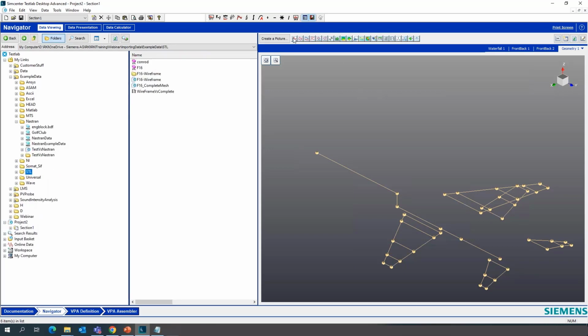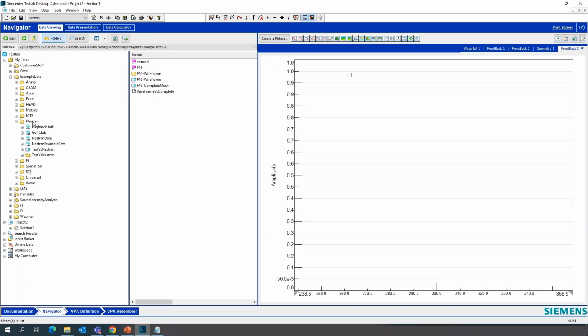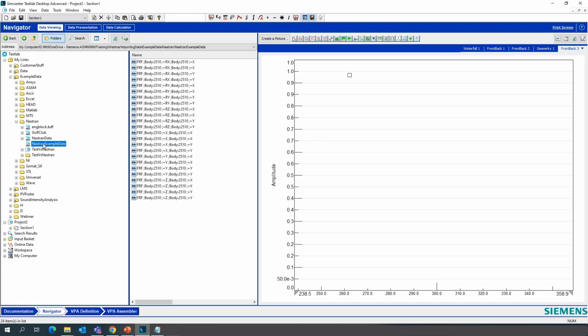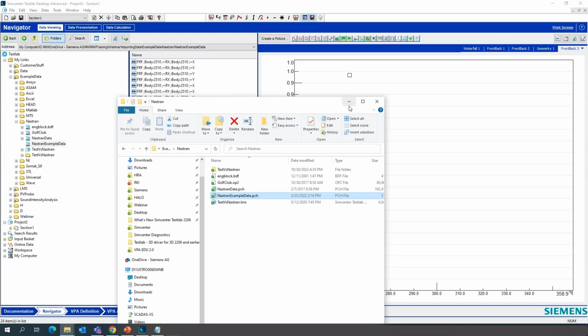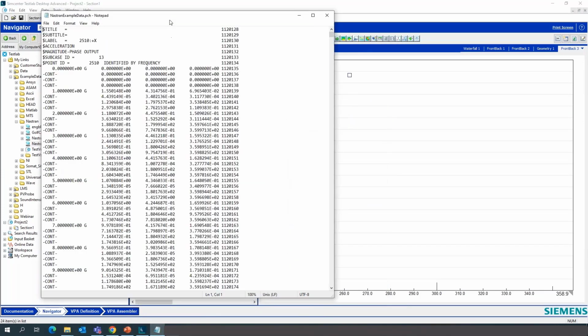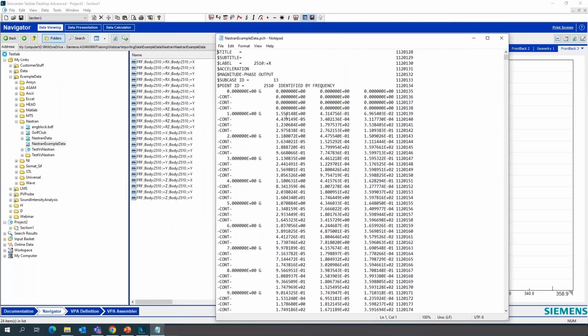And I want to show our support of this data from Nastran. When we browse to the Nastran data, we can see the icon for it. It automatically appears there, and that tells me that this data is supported in TestLab. If I click on this Nastran example data, it is actually a punch file, a PCH file. A PCH Nastran file is like an ASCII file that can be opened in Notepad. So here I have this file, and the same file that I have opened, I have browsed to from TestLab.